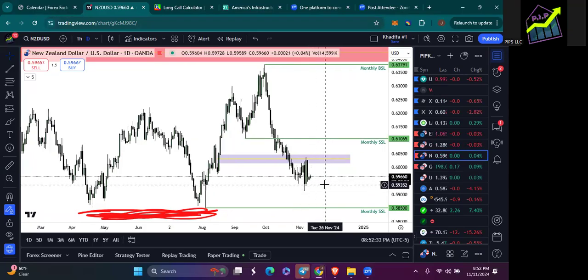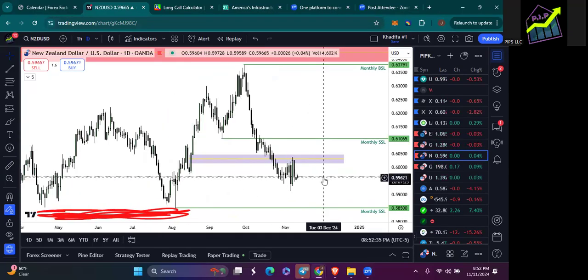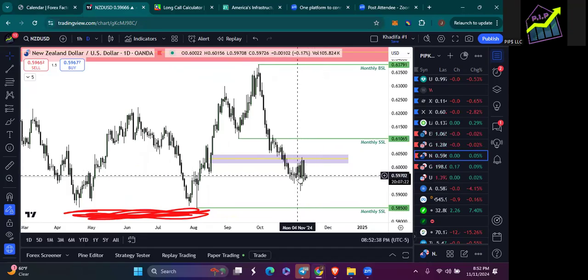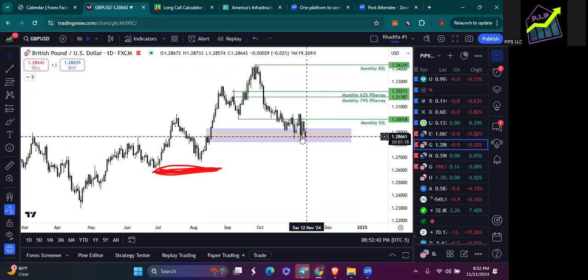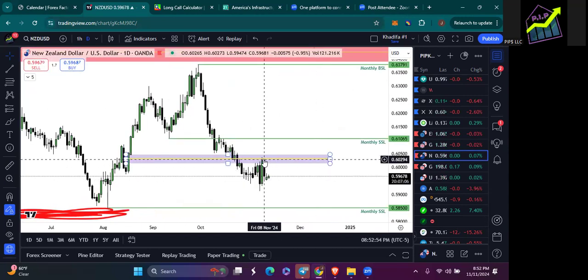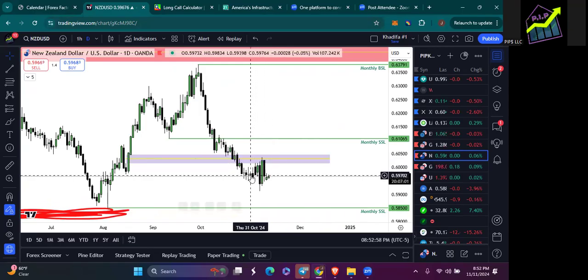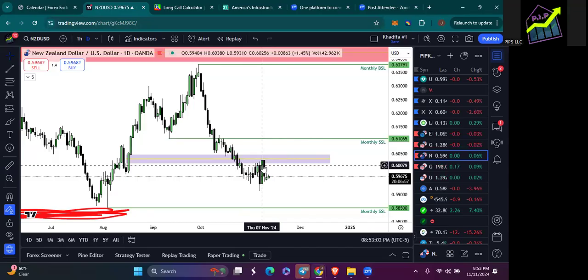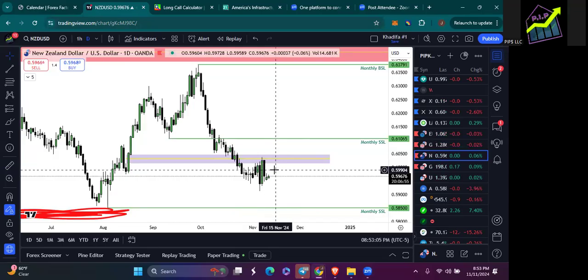But I don't know if I would chase this trade. The best option as far as currencies would be the pound, as far as taking a short, right? Because you still can wait for it to come back down and get your perfect entry. With NZD/USD, you miss your entry. So I would either wait for it to come. It shouldn't come back up, right? You can enter right here, but your stop loss needs to be very conservative.